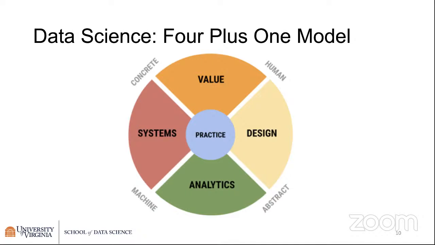That's where we're looking. It's in the middle because it's the key focus for all areas that we're working on. The four areas represent the four key aspects of data science, and then the center point represents what we really want to keep in mind at all points. So it intersects with everything that we're trying to solve a problem for some organization in the real world. Now I'm going to talk about those intersection points, and you can see you've got concrete, human, abstract. I'm going to postpone talking about those for a little bit and go into some of the four areas here, so that we have a better definition.